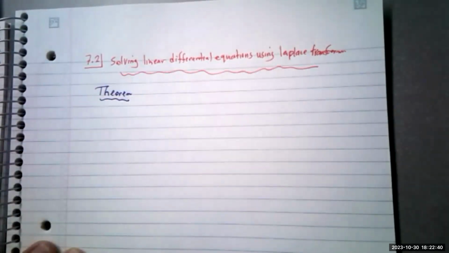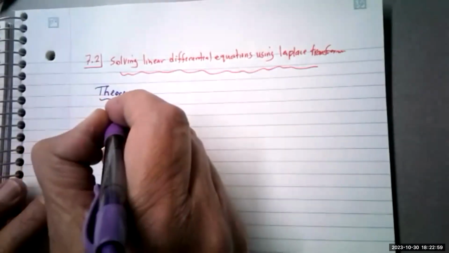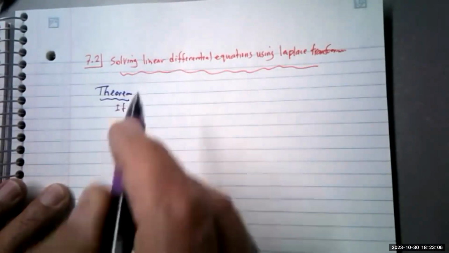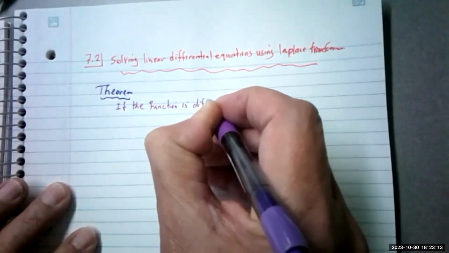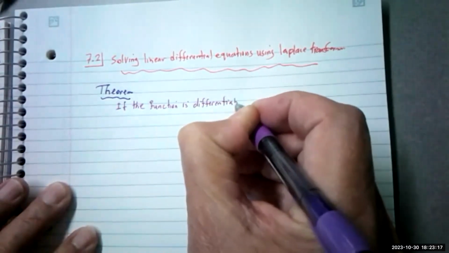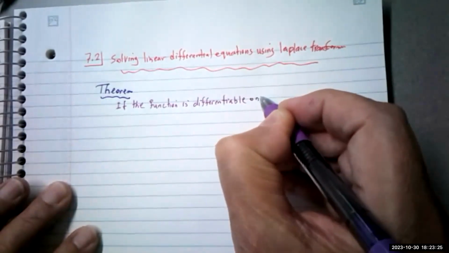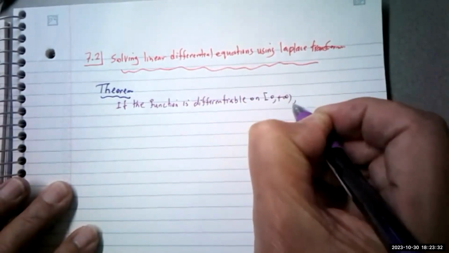Okay, so this theorem will give you the Laplace transform of derivatives again. So the function is going to be this one. If we have a function, I start with the preliminaries, then I expand it. If the function f is differentiable, okay, it's going to be differentiable on, let's say, positive numbers, let's have on 0 and positive infinity. Then